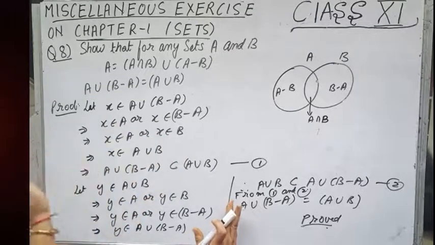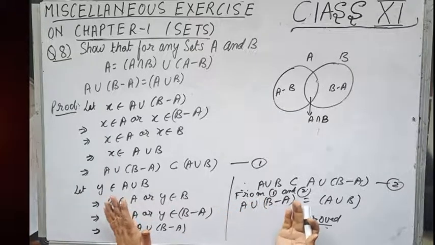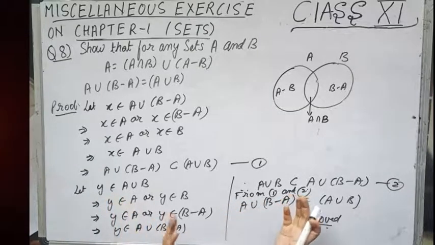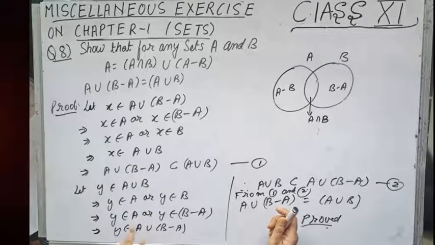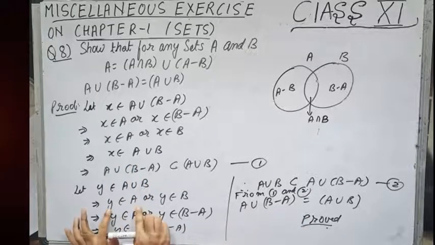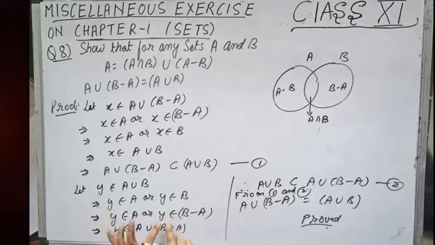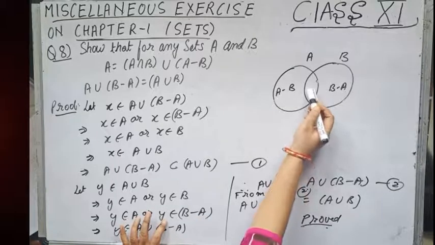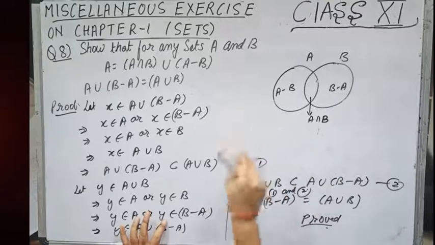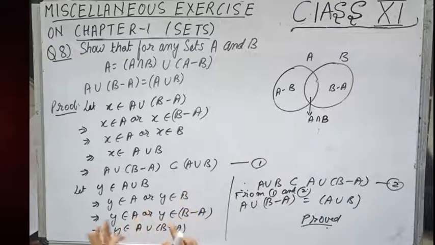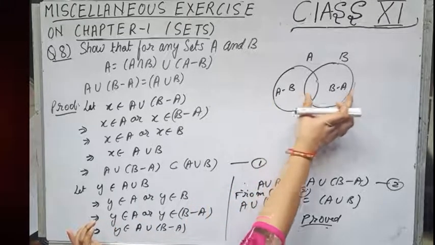Children, this sum you can also prove by giving an example, like set A equals something, set B equals something, and hence you will be proving these two parts. Now in this step, children, the students have a doubt: y belongs to A or y belongs to B, so how can I write y belongs to A or y belongs to B minus A? Maybe the element may be over here. If it belongs to B, how can it belong to B minus A? In this particular question, it is written that y belongs to A or y belongs to B.